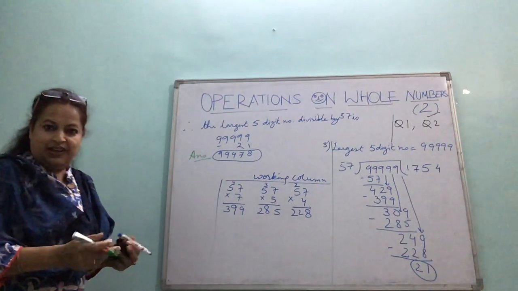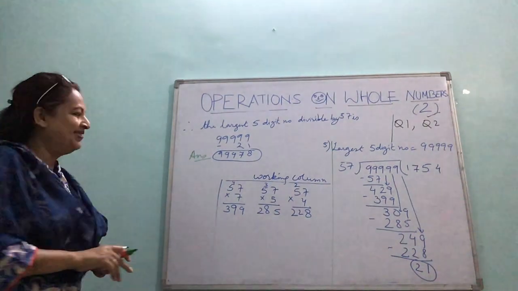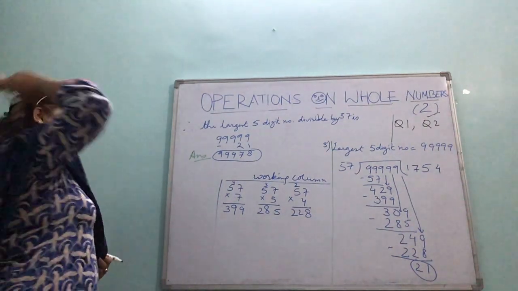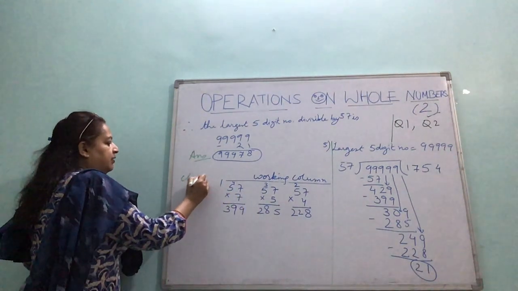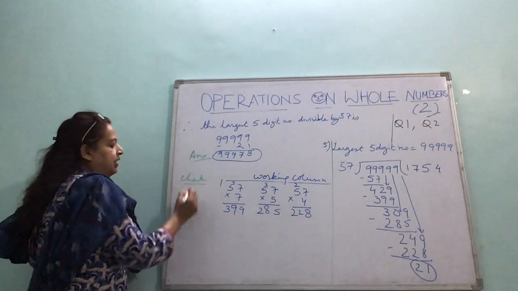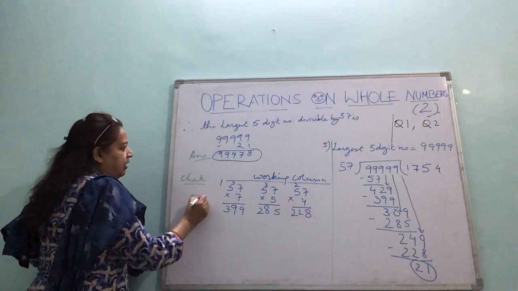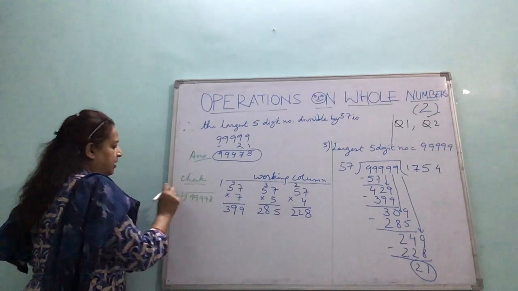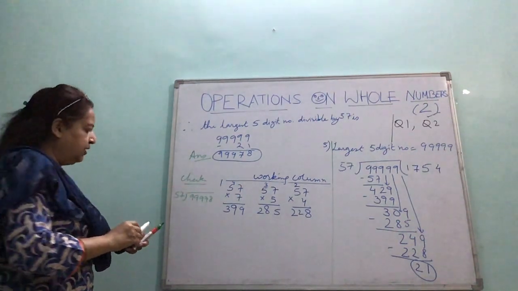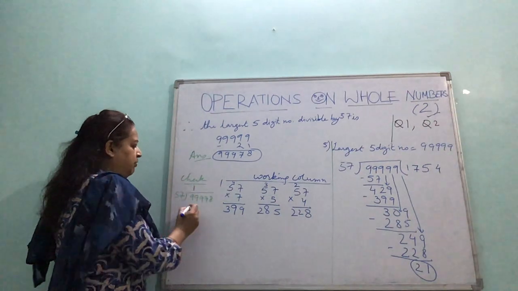And we should always check. Want to check? Alright, because all this is there, it would go very fast. Let's check it. This is for our own self, right? So I am dividing 99,979 by 57. I think the green color is not so visible. I will take this black blue one.